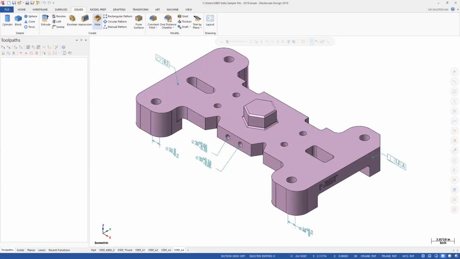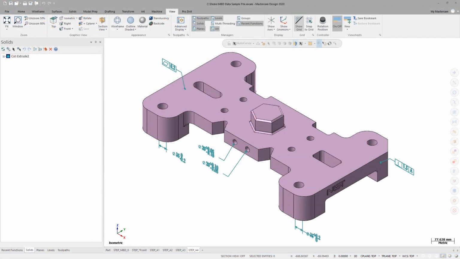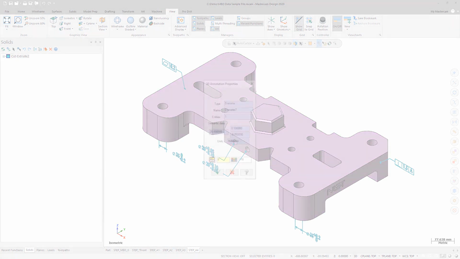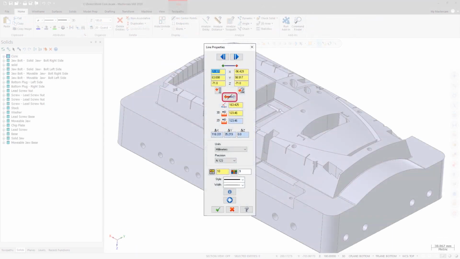In previous releases, imported model-based definition, or MBD, data displayed by Analyze Entity was limited to name, type, reference entity, and presentation graphic information. In Mastercam 2020, Analyze Entity also includes the part's semantic data such as tolerance values and subtypes. Analyze Entity also includes a flip button, allowing you to reverse the start and end points of the selected